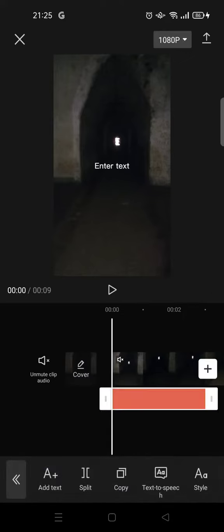So on today's video, I'm gonna show you how you can make a melting text on CapCut. So here I've already imported a video and I'm going to just click on text and add the text. Here just type in, for example,